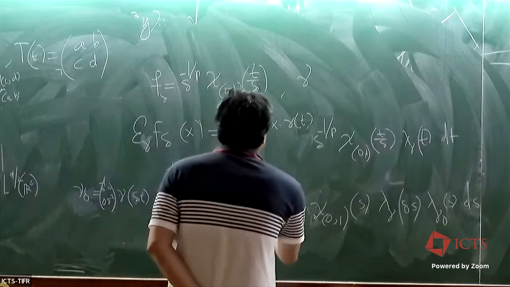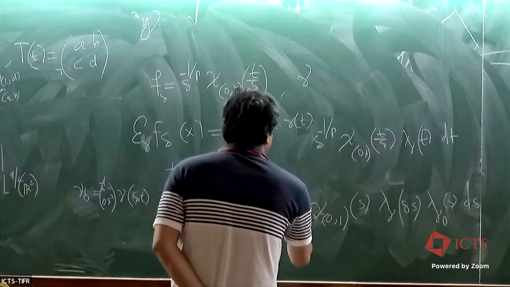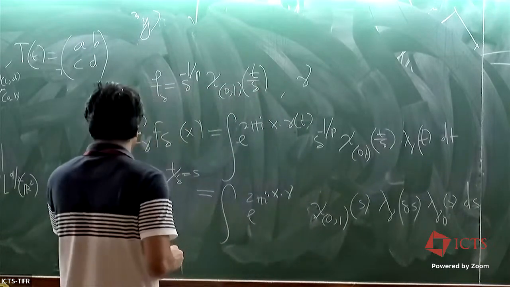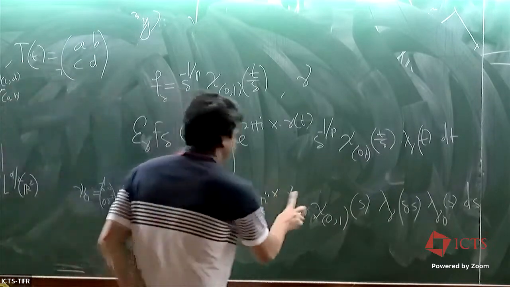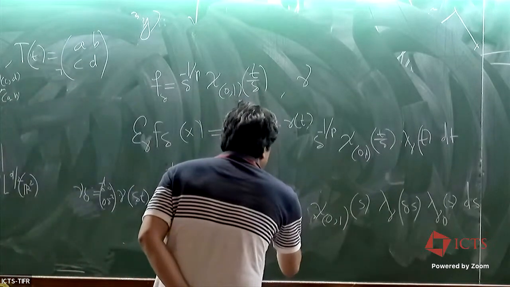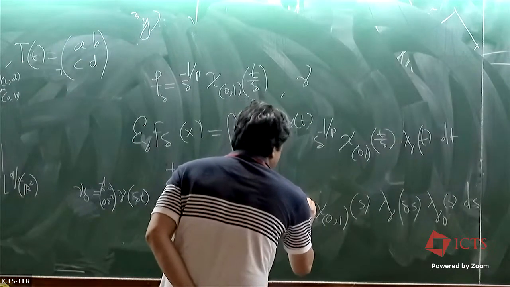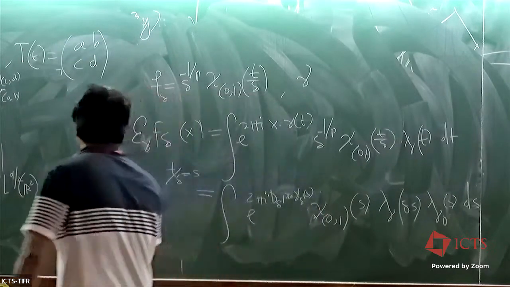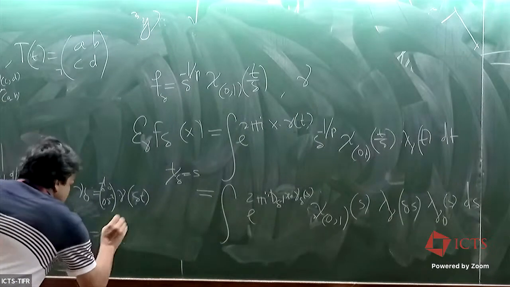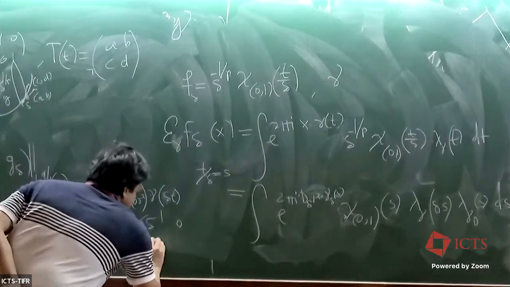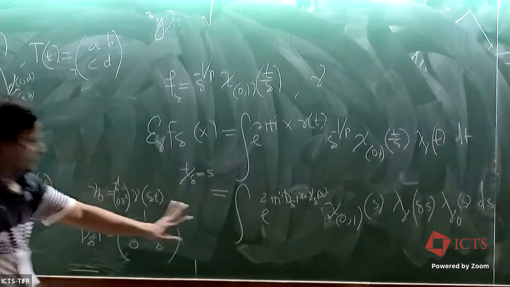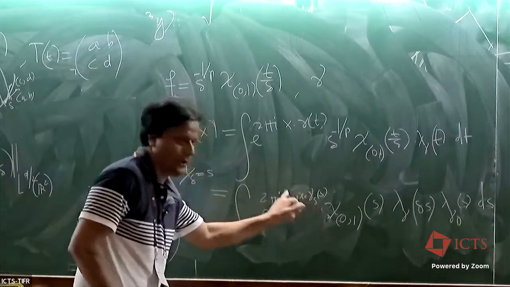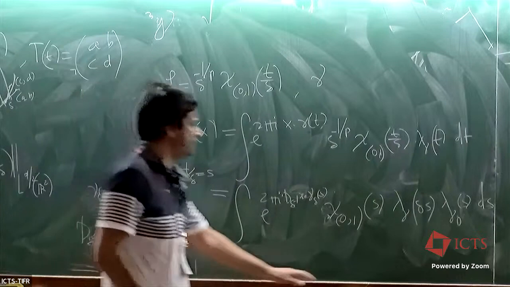This becomes 2 pi I x dot gamma t. So T is delta S. So delta S, and then this comes here. So this becomes d delta inverse. I'm going to explain what I mean by d delta inverse gamma delta S, where d delta inverse is an isotropic scaling. This matrix delta inverse 0, 0, delta power minus 2. Right? So by transpose, we can take this to that side. What this means is that